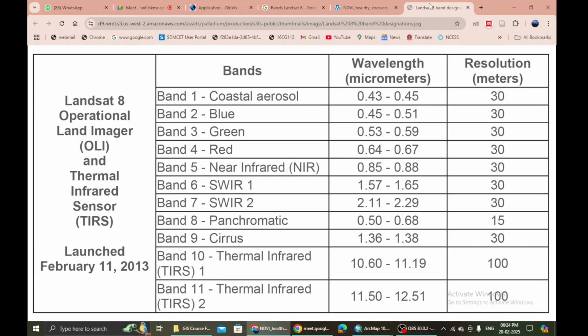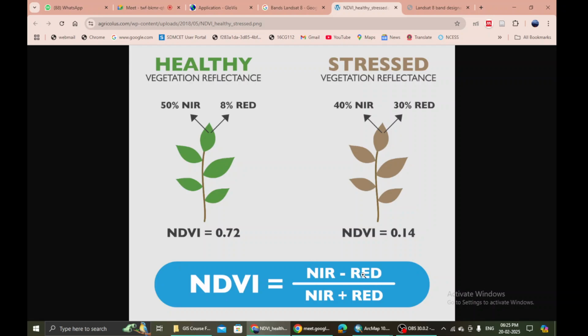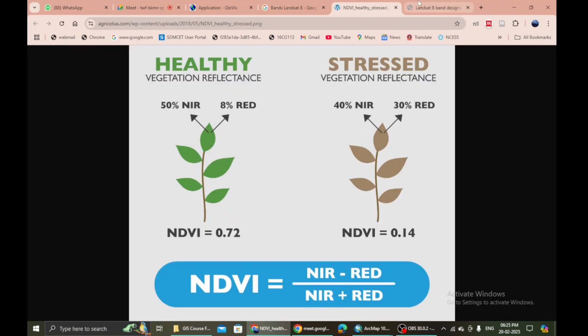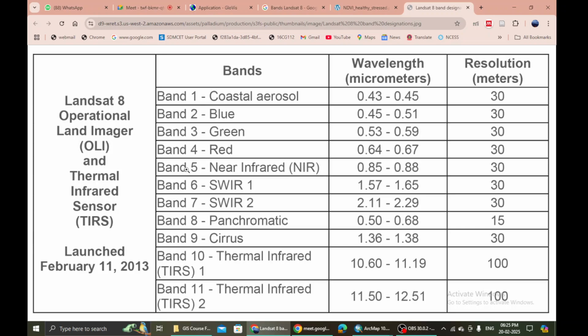But since we are using Landsat 8, let's look at its bands. Band 1 is coastal aerosol, band 2 is blue, band 3 is green, band 4 is red, band 5 is near infrared. So we are interested in the near infrared and red bands. The near infrared band on Landsat 8 is band 5 and the red band is band 4. So band 5 minus band 4 divided by band 5 plus band 4. Accordingly, we have done this.